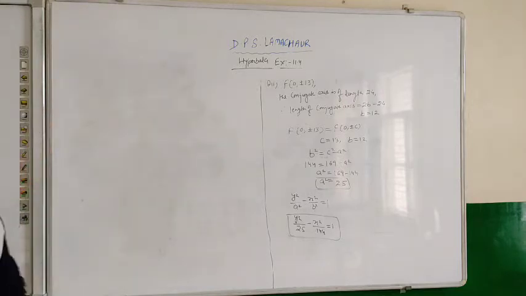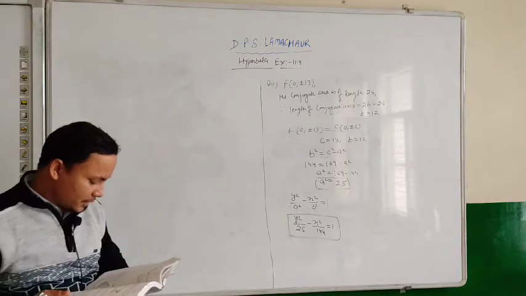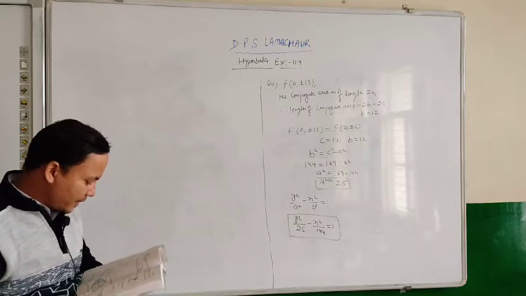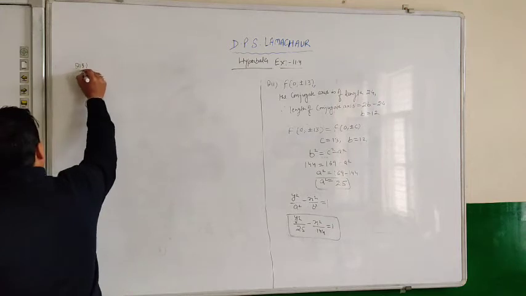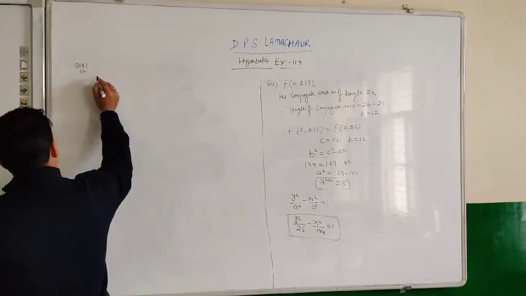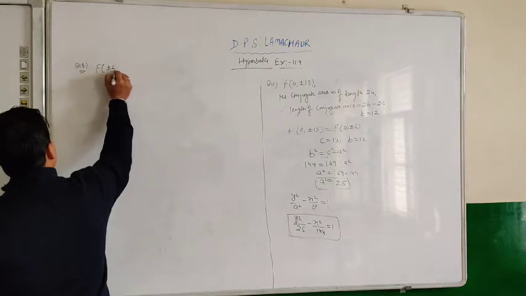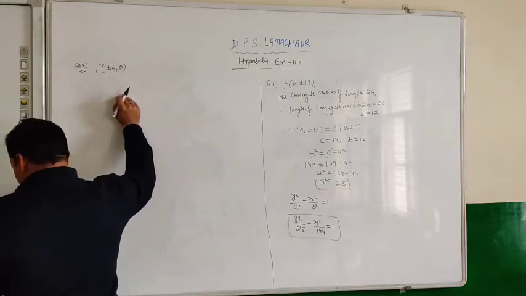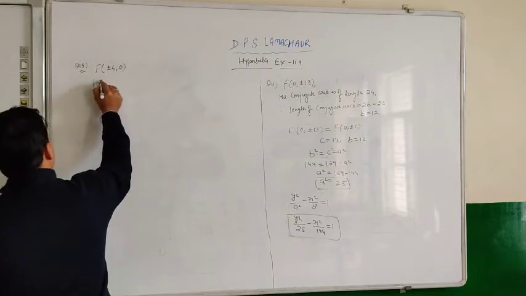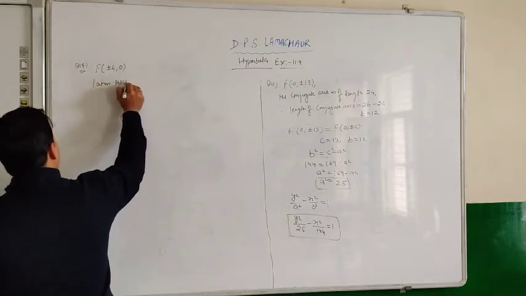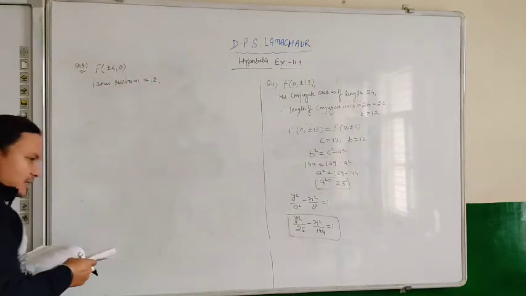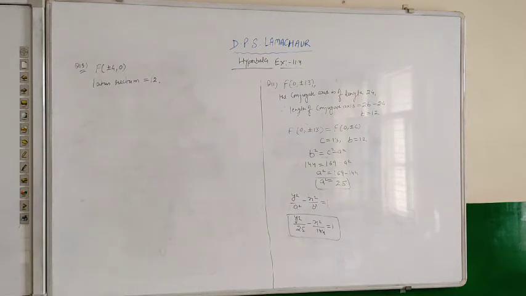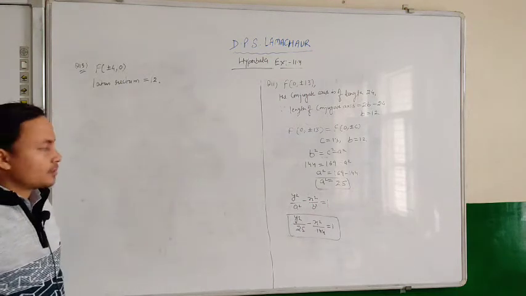Okay, next question. Next question number 12. You will do it on your own on the basis of these two given examples. Okay, now we will do question number 13. Here we are given focus plus minus 4 comma 0 and the latus rectum of length 12. So these are the two pieces of information given here, and on the basis of this information we have to find the required equation of hyperbola.